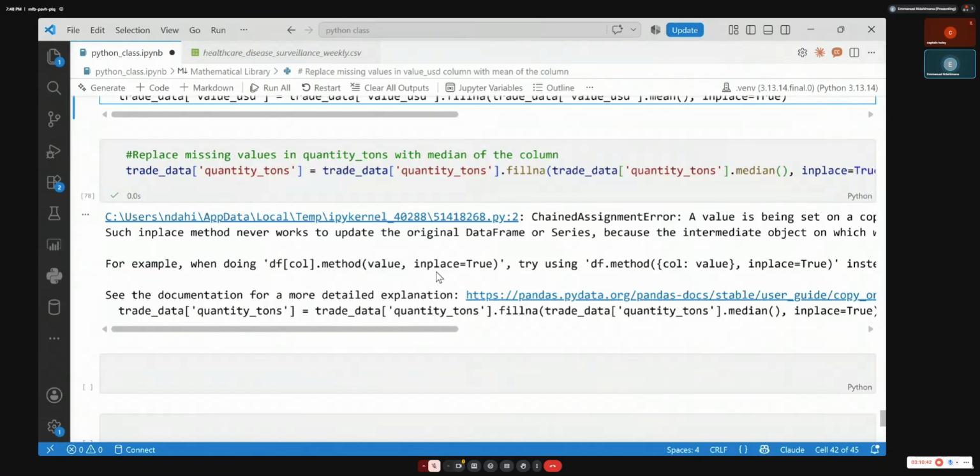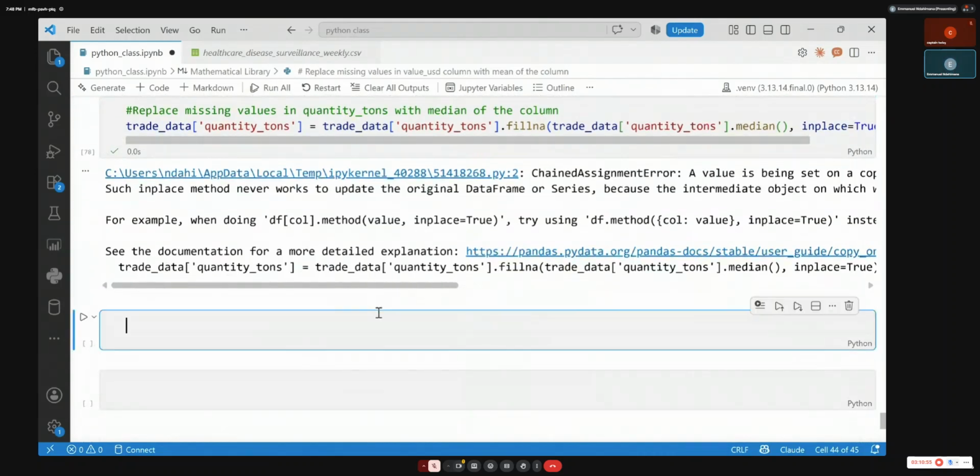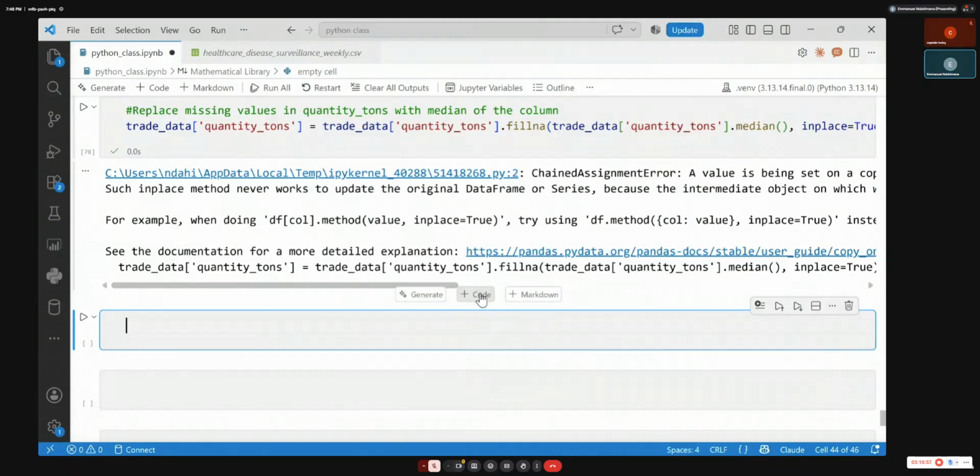So the last step was how can we now take our cleaned data that we have already done a lot of manipulation on, and save it so that we can send it on email, on WhatsApp. So now we are going to save the cleaned data frame to a new CSV.